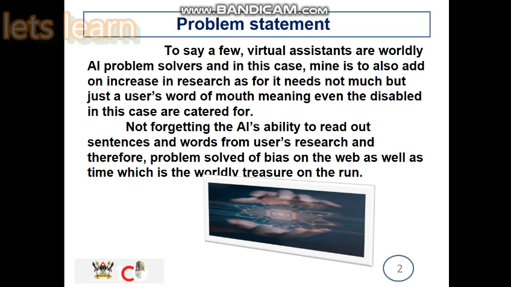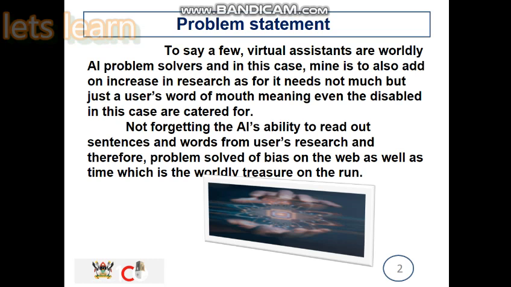To say a few virtual assistants are all the AI programs, so problem solvers, and in this case, I'm solving a research problem, that is reducing the typing problems, error typing problems.